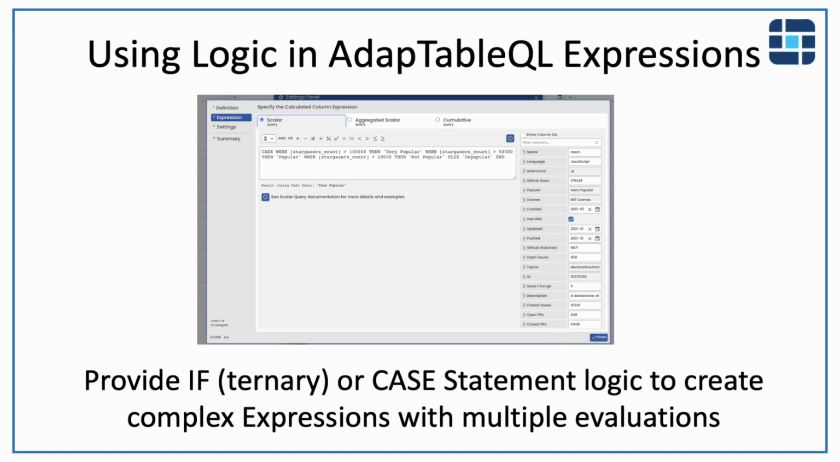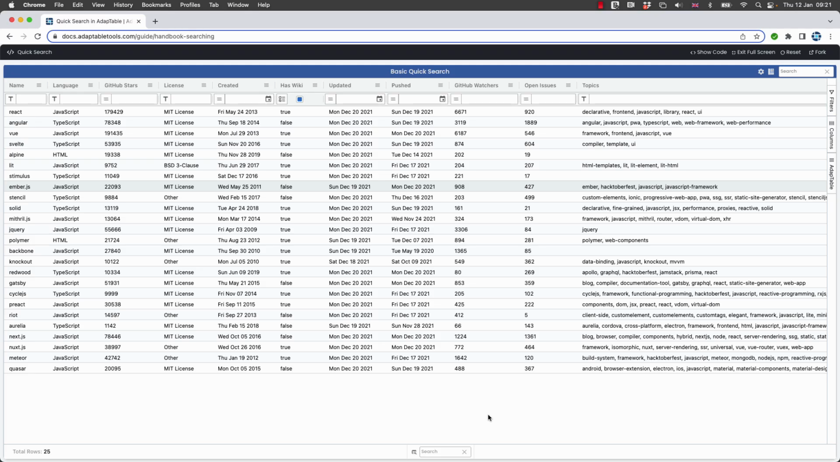This video is going to look at how to use logic inside AdapTableQL expressions. AdapTableQL is the adaptable query language which allows you to provide all sorts of complex expressions. Now they're generally mathematical and they can either evaluate on a particular row or against aggregated data, or in more advanced use cases you can do bucketing and cumulative data. But you can also add logic to your expression,